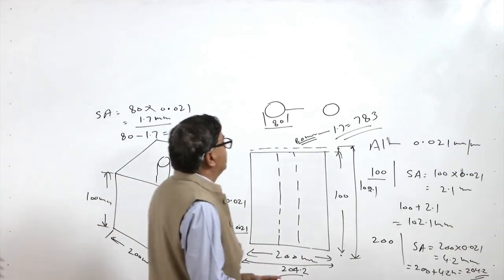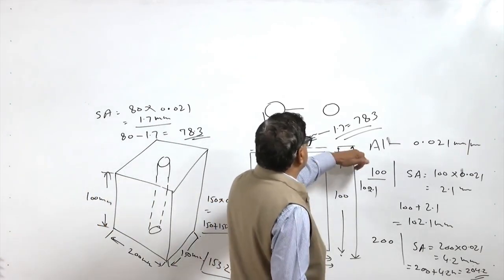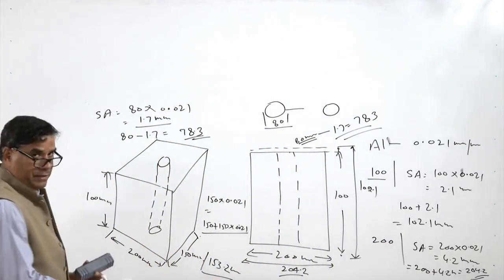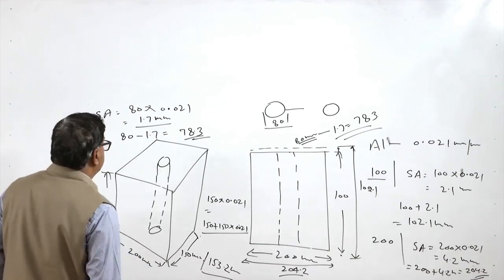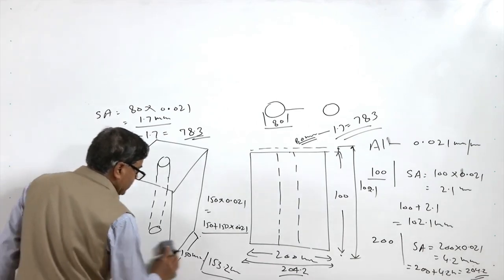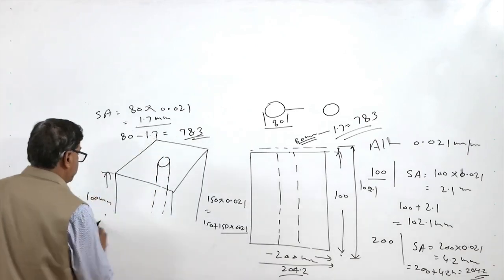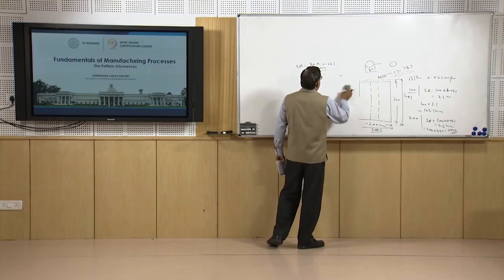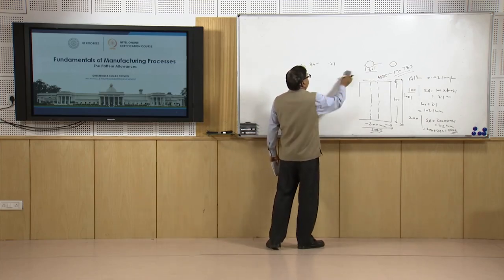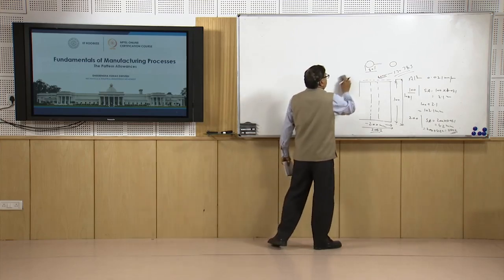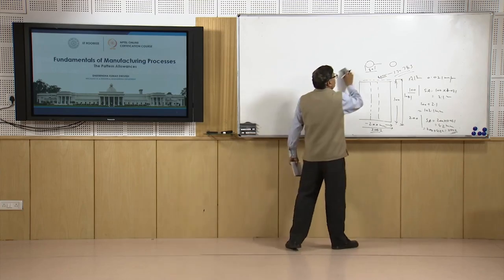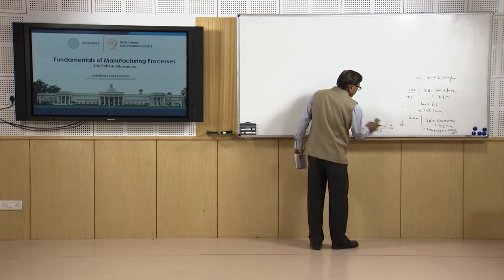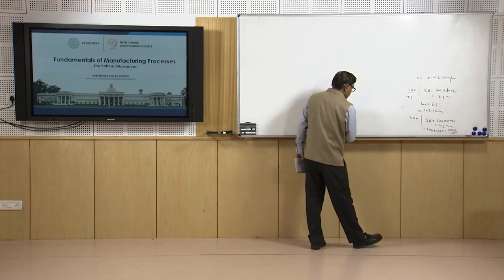internal features like holes, and for external dimensions it is added positively, so that the dimension gains extra size, while in the case of internal features like holes, it leads to a reduction in the size of the hole which is to be made. So this will be basically the pattern dimension. The core dimension is to be reduced by 1.7 mm, so that after the shrinkage of the molten metal, a larger size hole is achieved